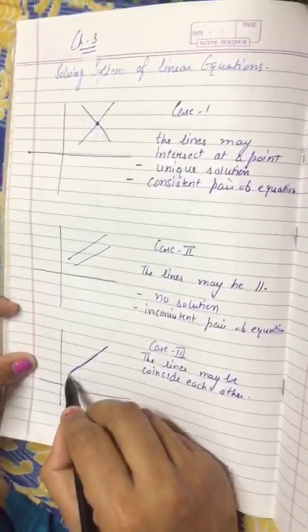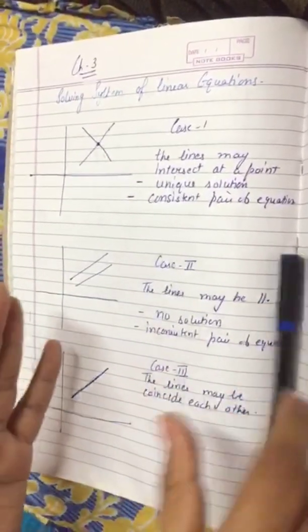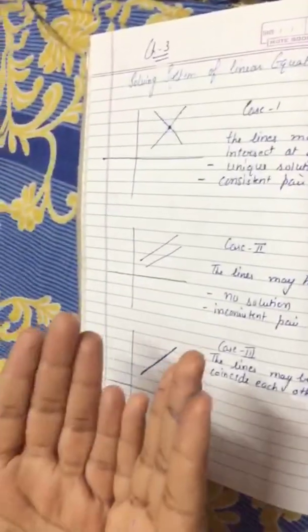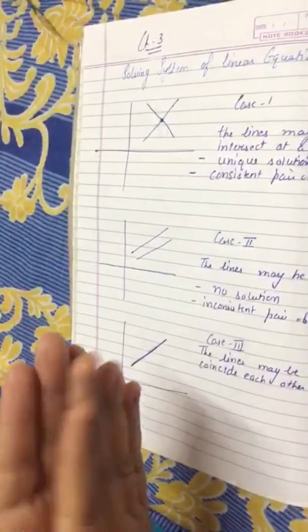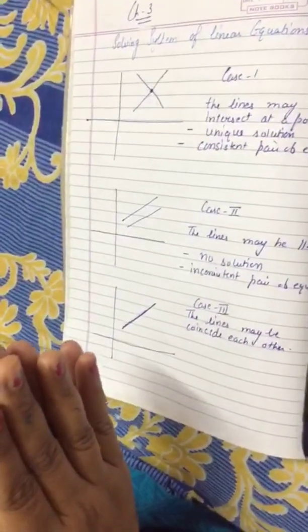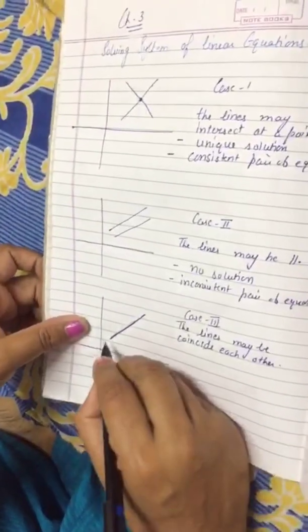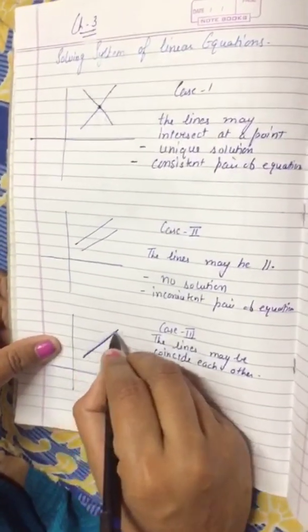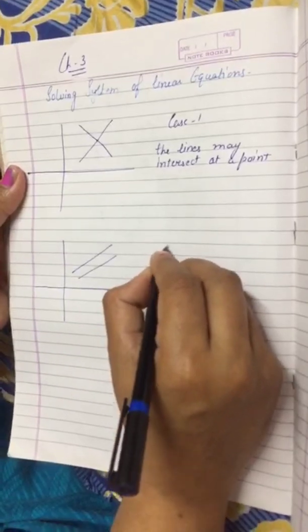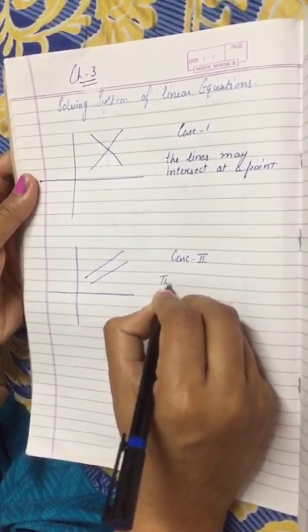Similarly, when the two lines overlap each other, it means all the points overlap. When you are joining your hands, you can see that all the points of one hand meet the other hand. Similarly, all the points of the line meet the other points. In case 2, the lines